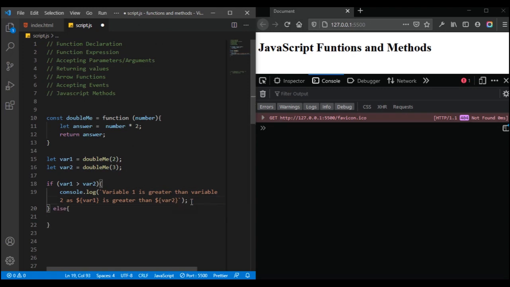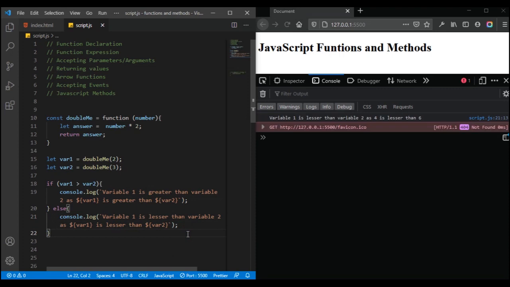Just going to copy this and then paste it here. Variable 1 is lesser, and then lesser, and then let's save that. Now we can see that we didn't automatically log to the console the value of variable 1 or variable 2. So what we did is we stored the value of the function